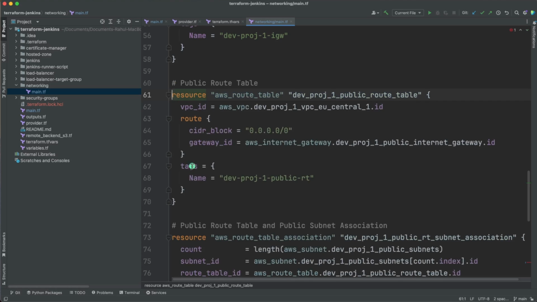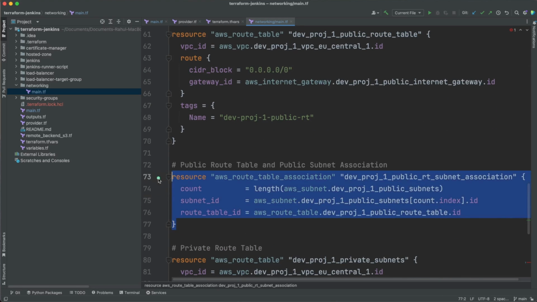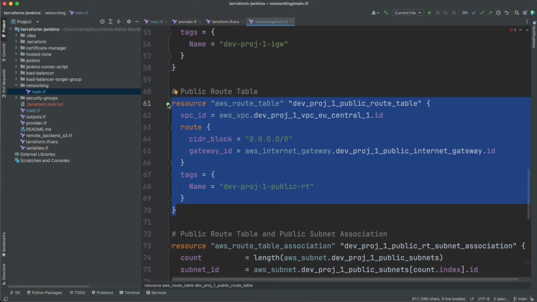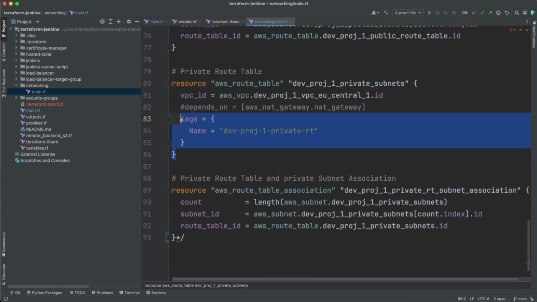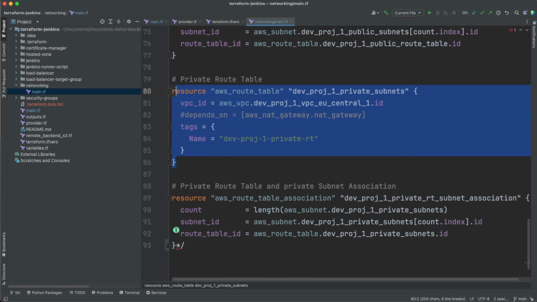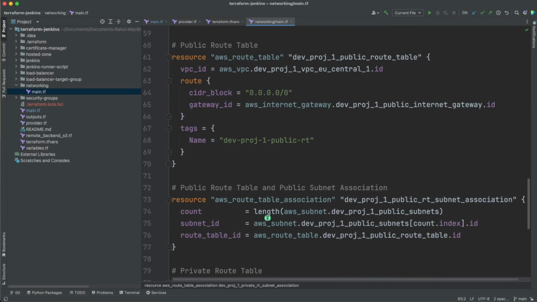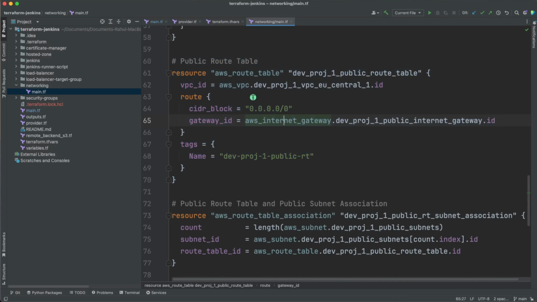So I'll first enable this code for the route table, and this is going to be our public route table, and then I'll show you how to create our association. But let's first take a look. This is our route table for our public subnet. And if you go down here, then this is our route table for our private subnet. All right. And I'll just remove this code also. So I think that's it. All right. Okay, so this is the code for our public route table, and here you can see again we